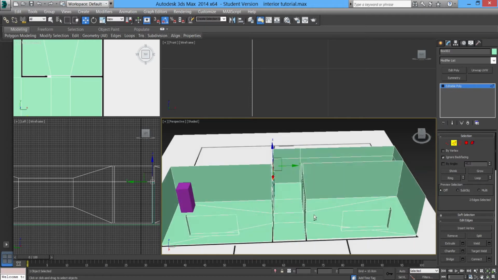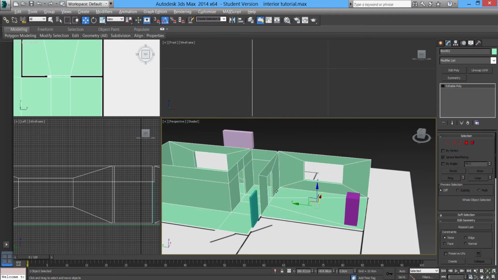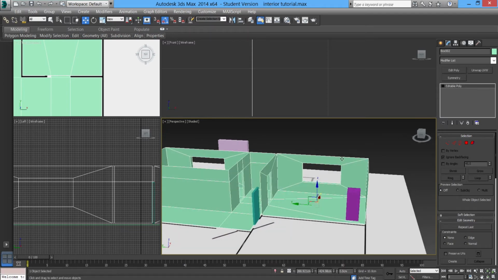Now what's next is I'm going to show you how you can texture the room. Before we do that, we're going to apply some basic materials to it. We're going to put placeholder materials onto this. So we're going to go on to the material editor,